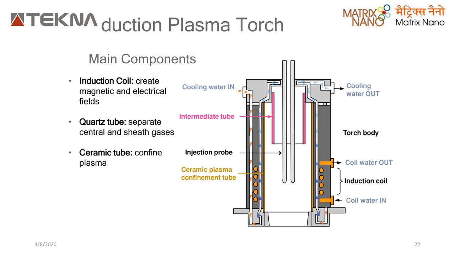Now your ceramic tube. Now you might question, why are you using two different materials, ceramic and quartz? Quartz here has low thermal shock and high thermal conductivity. Your ceramic has slightly low thermal conductivity because it is a composite made of zirconia, which is a special ceramic which is again patented and made by us. So the zirconia ceramics usually have high thermal shock. They have a tendency to break faster than your quartz.